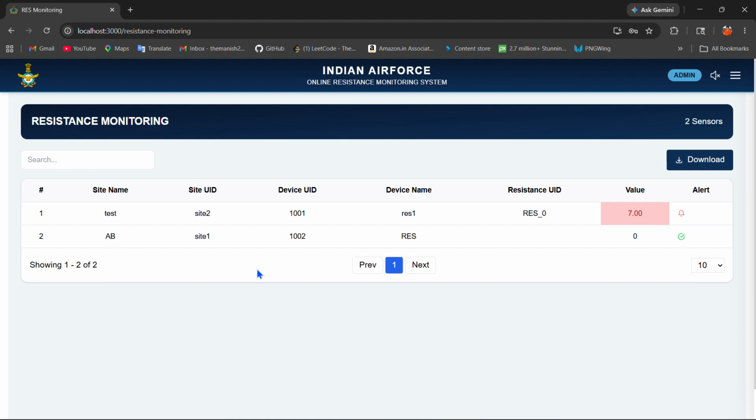There is the information tab, where we can see all the information about the sites and devices. Like this, there are 7 that have crossed the threshold, which is 5. Now the stable value,